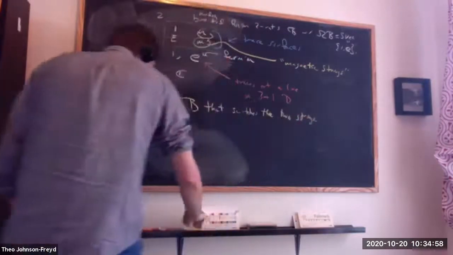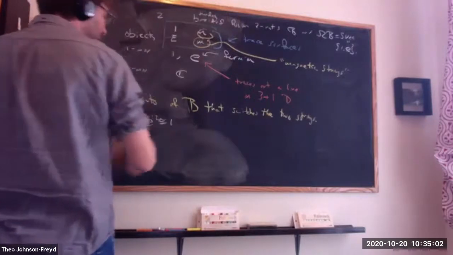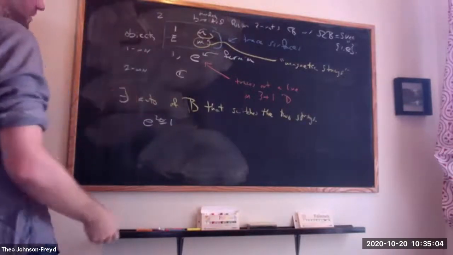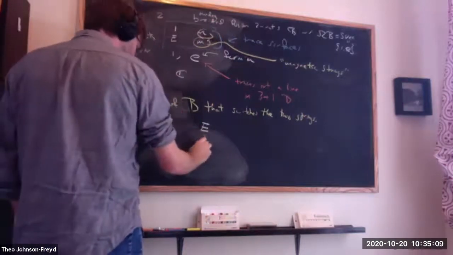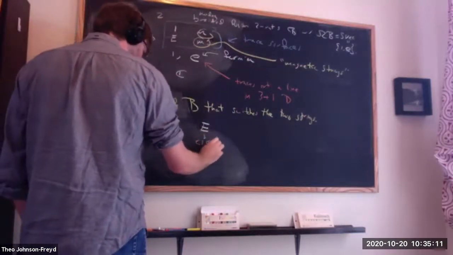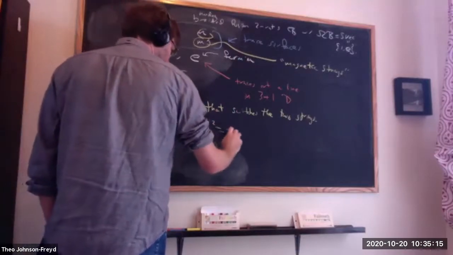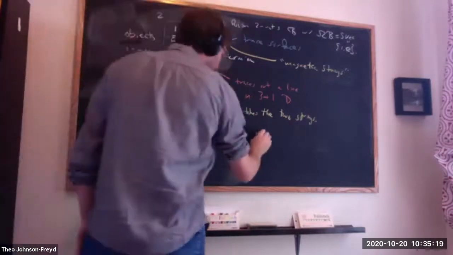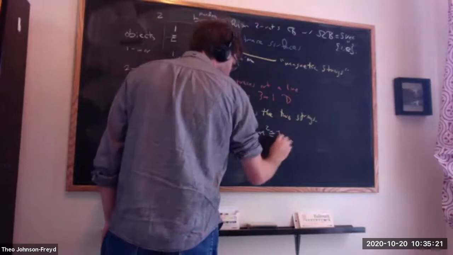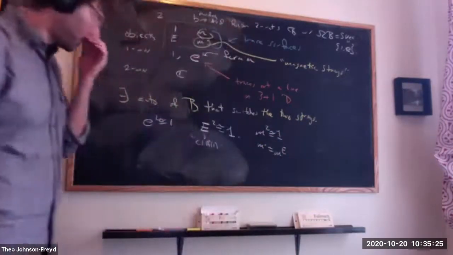I should tell you the fusion rules. E squared is isomorphic to 1 because it's a fermion line, it squares to 1. This electric string, you should think of as a kind of Cliff 1, and it squares to 1. The magnetic string squares to 1. So there are the fusion rules.